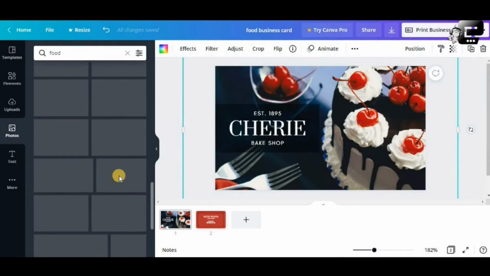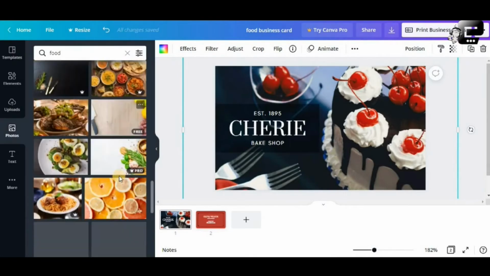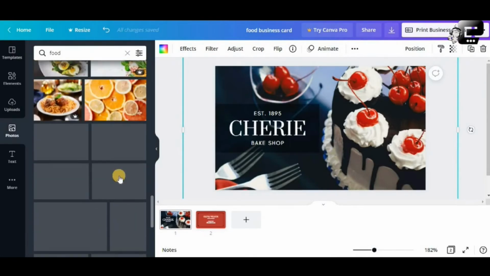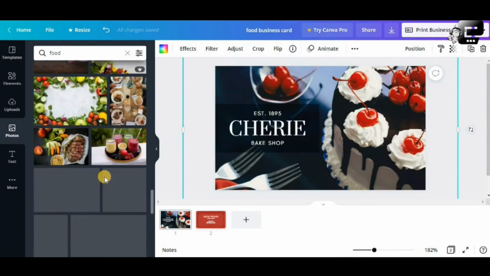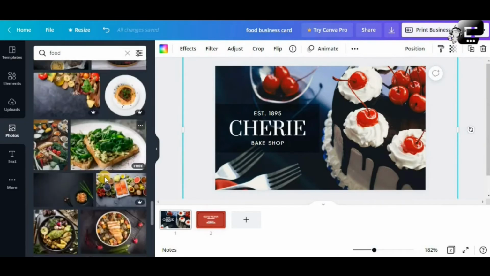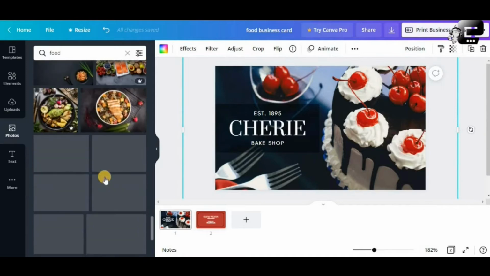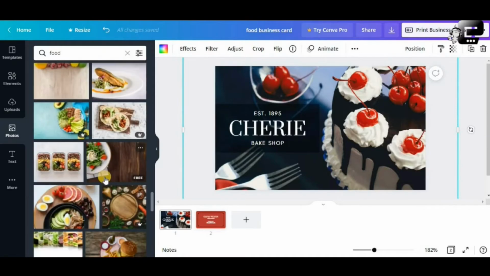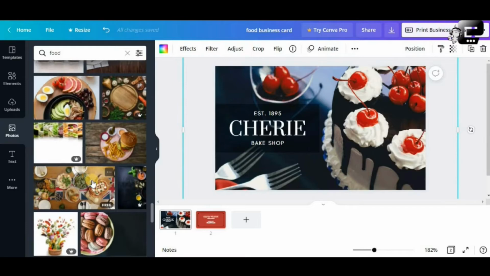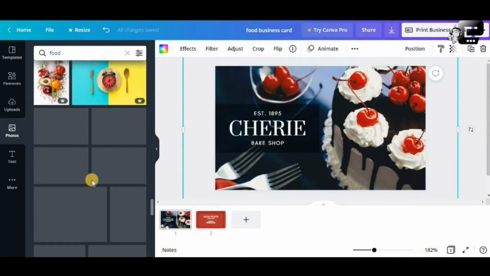Then let's see a really nice image that you want to use for your business card. It's up to you, based on what you think would be best for your client who's into the food business.